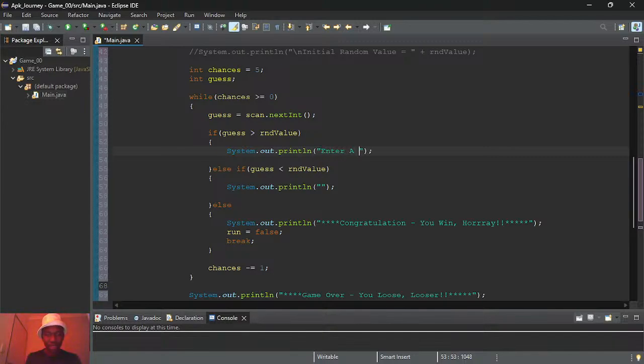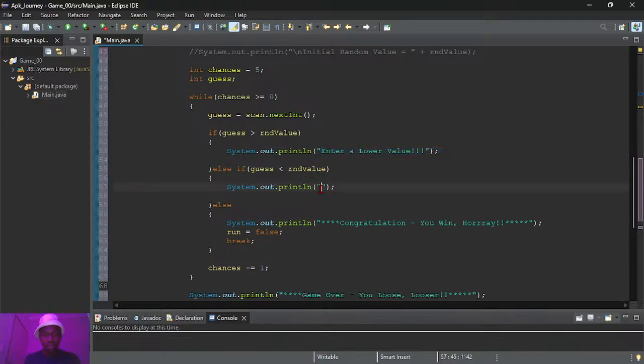Enter a lower value. And this programming life is all about copying and pasting.